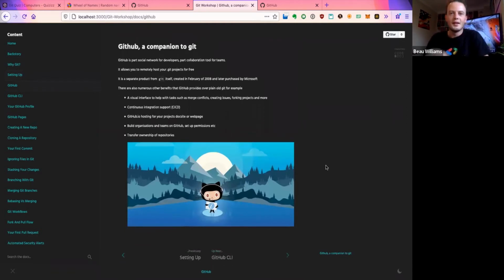So what is GitHub then? I just talked about Git. It's a version control system, a distributed version control system. And what is GitHub? It sounds like Git does a fair lot of stuff. It's pretty awesome. So why do we need GitHub? Well, as I described, it's part social network and part wrapper for Git that adds a whole lot of functionality on top of it to enable you to collaborate with other developers.